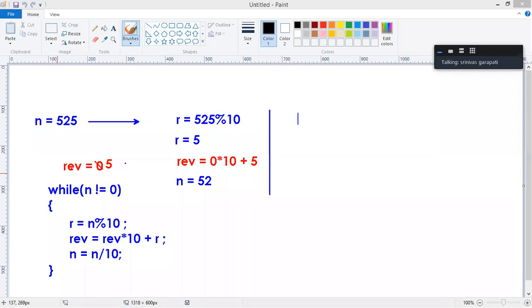The loop repeats. The remainder is, what is the n value? 52 mod 10, so you will get the remainder equals 2.